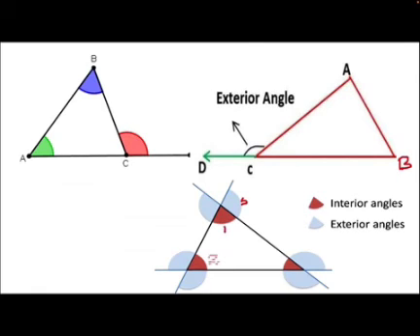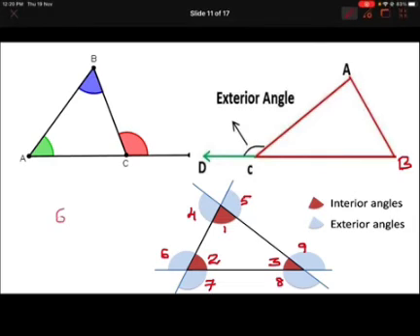Like if you give numbers to all these angles, in your notebooks you can write what is angle 9. I'll show you one, you can do the rest. Let us take angle 6, that is this one. Angle 6 is the exterior angle. According to the property, it is equal to angle 1 plus angle 3. I hope you all agree with me. You can write for the rest of the exterior angles, children. Okay.